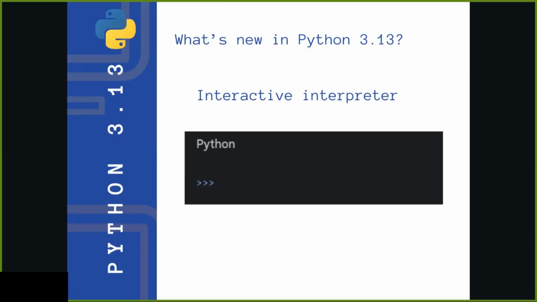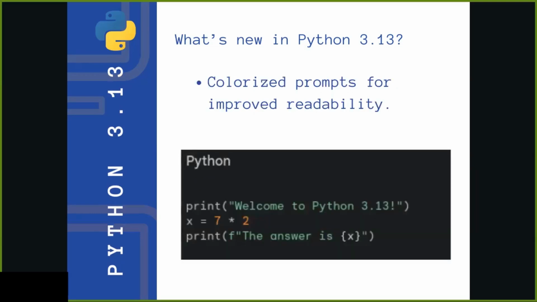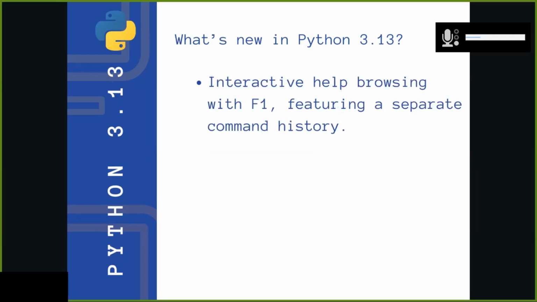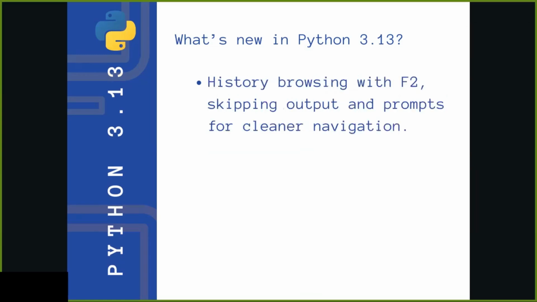A better interactive interpreter: on Unix-like systems like Linux or macOS, Python now uses a new interactive shell. When the user starts the REPL from an interactive terminal, and both curses and readline are available, the interactive shell now supports the following new features: colorized prompts, multiline editing with history preservation, interactive help browsing with F1 featuring a separate command history, browsing with F2, skipping output and prompts for cleaner navigation,